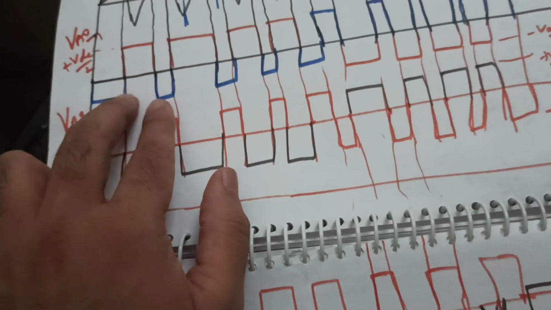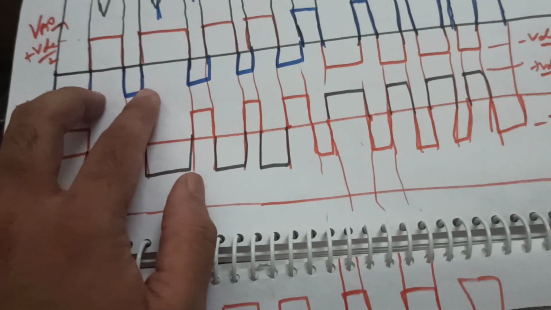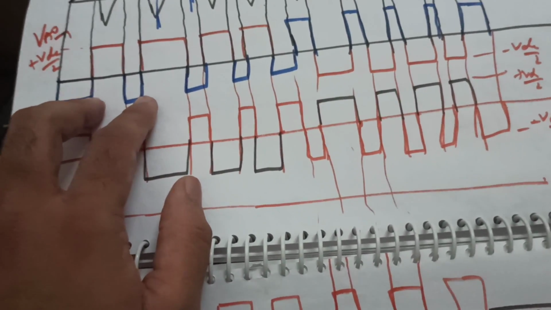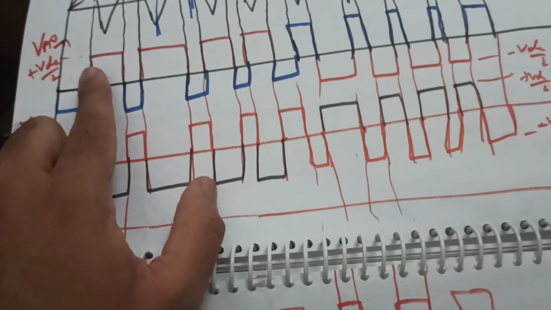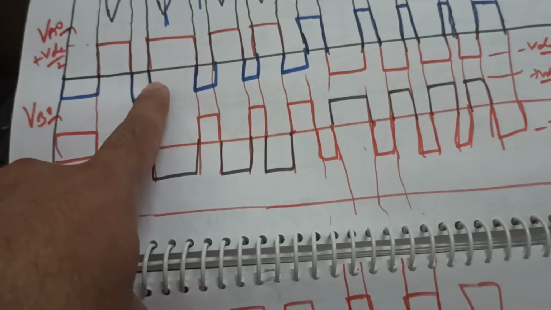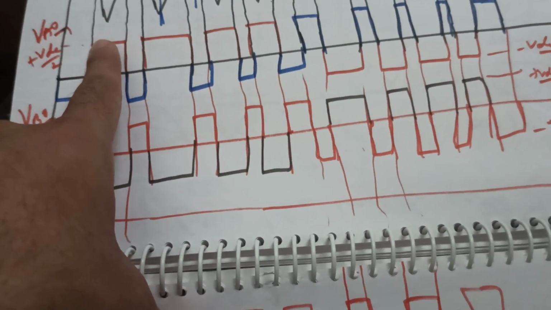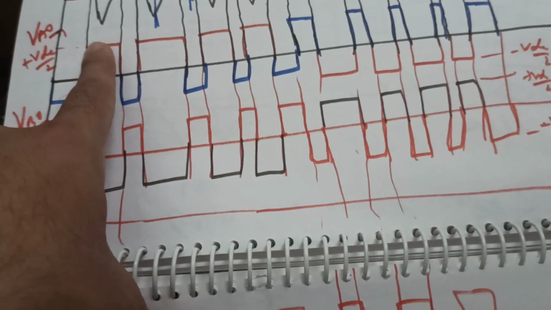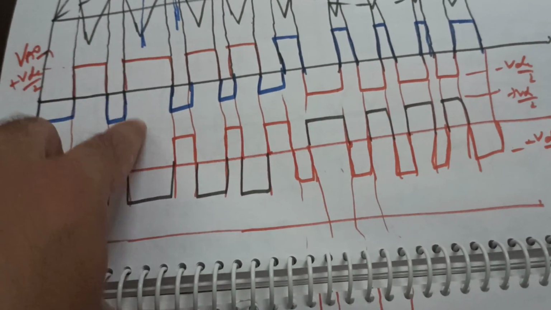This is the time duration. Okay, and if we are concerned with the conduction losses, then this V amplitude plays a very big role. In the conduction losses, the on time duration, that is this time, and this amplitude plays a very big role.